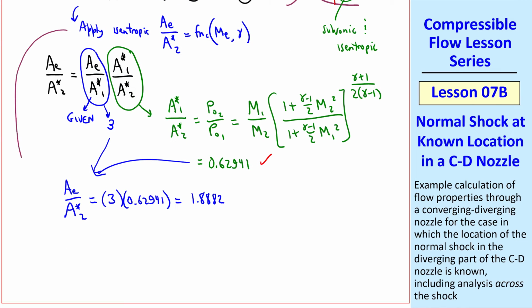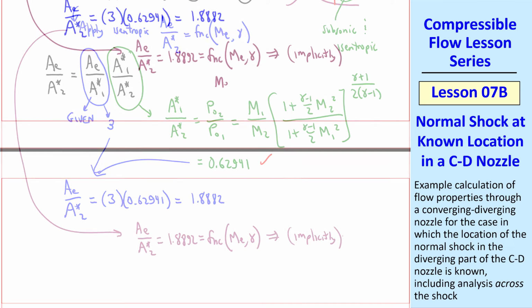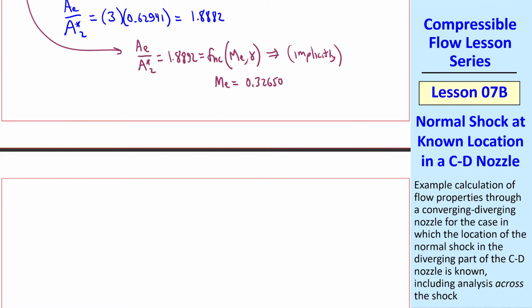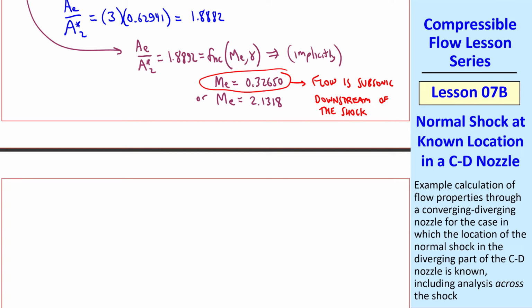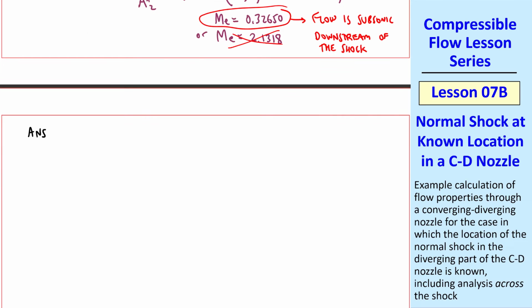1.8882. Now we can apply our isentropic equation to calculate ME, again implicitly, and we get two roots, a subsonic one and a supersonic one. Of course, this one is correct since the flow is subsonic downstream of the shock. We ignore this supersonic root. Thus our first answer is that the Mach number at the exit plane is 0.3265, and I'll give my answer